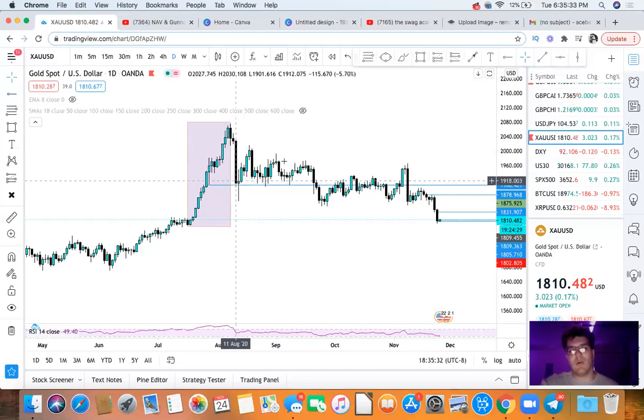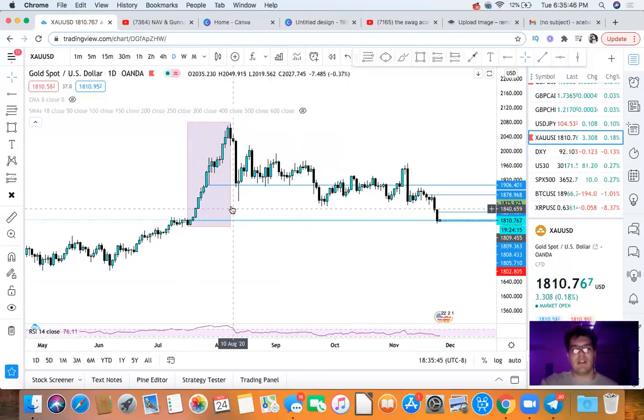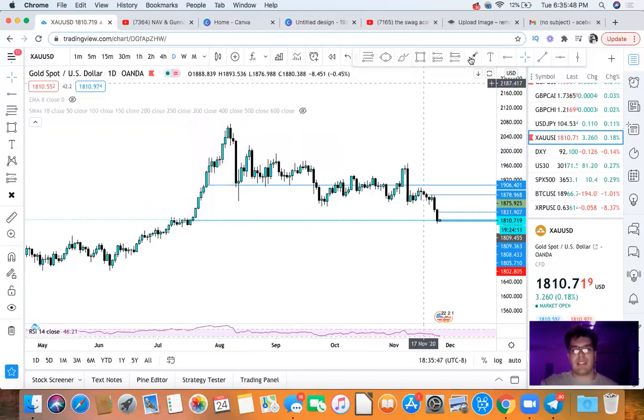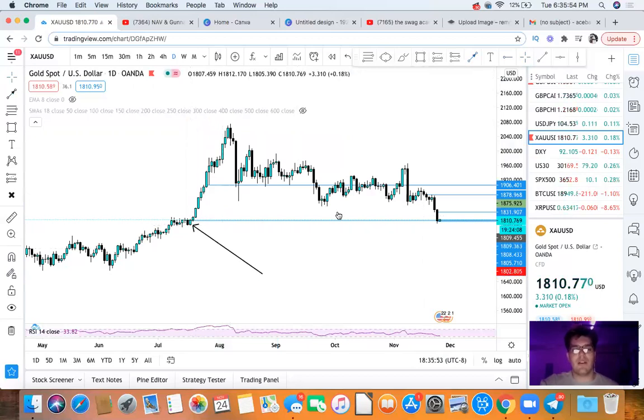But later down the road, what did the market do? It kept on coming down, and kept on coming down, to fulfill all the imbalance. But when we fulfill all that imbalance, the market is going to come and test into what? An accumulation price candle that we have right there. I'm going to point you guys to that daily accumulation price candle. This is one of the confirmations that gave me the reason to get in for that buy on gold. So we look at this very closely.